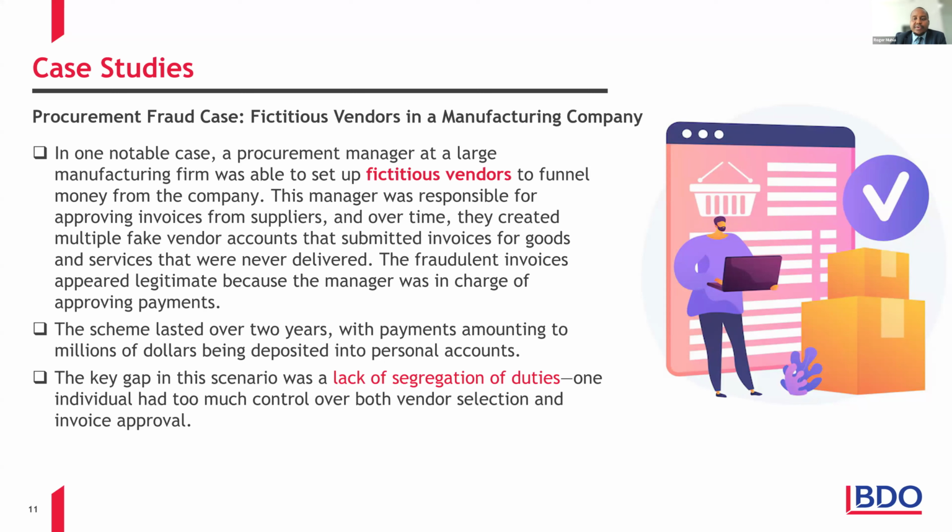The other case study that we look at is in production and inventory. And this is where there was a case of phantom production in the automotive industry. So in this particular case, it involved a supervisor who manipulated production data to report high output that was not actually being produced in this automotive company. The factory had aggressive production targets, and to meet them, the supervisor falsified records, making it appear that the factory was exceeding its production goals.